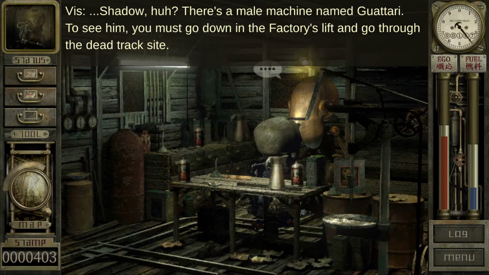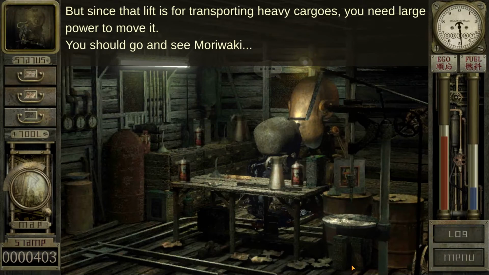Shadow, huh? There's a male machine named Guatari. To see him, you must go down in the factory lift and go through the dead track site. But since that lift is for transporting heavy cargoes, you need large